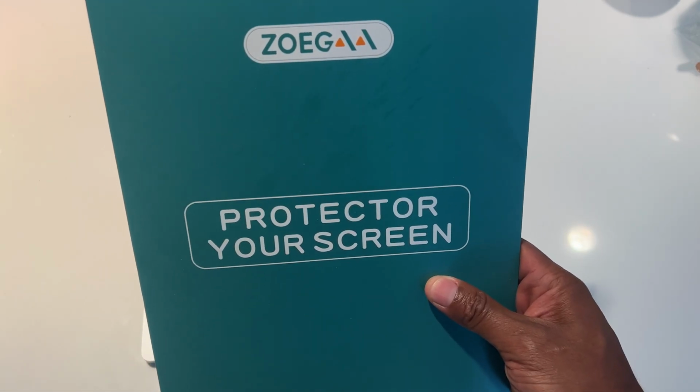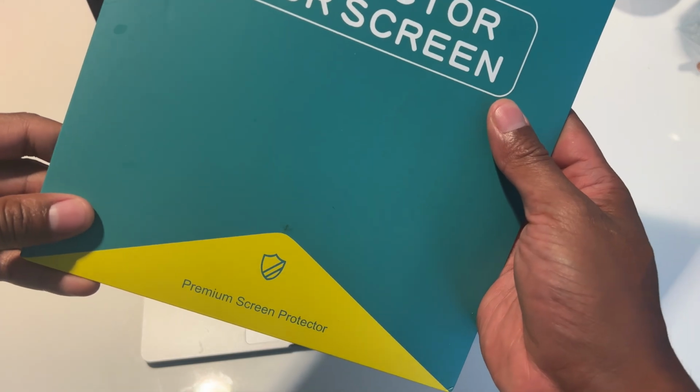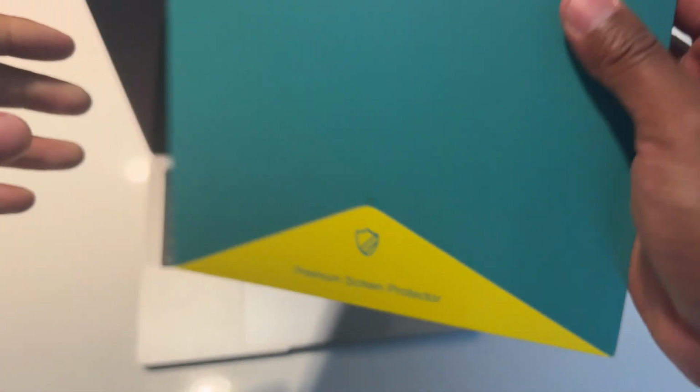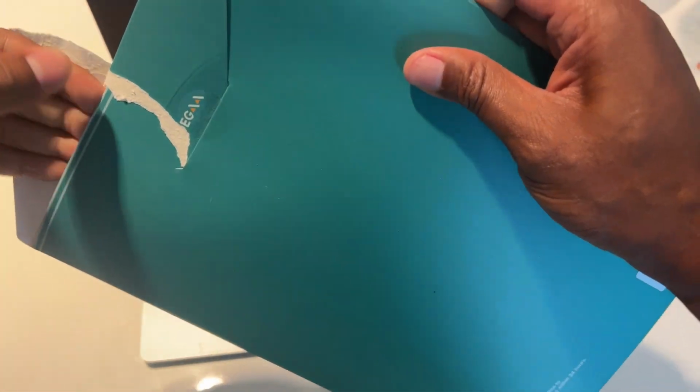All right, so I have these Zoegaa screen protectors right here. Protect your screen, so they say. Premium screen protector, it says at the bottom. I'm just going to go ahead and open them up gently